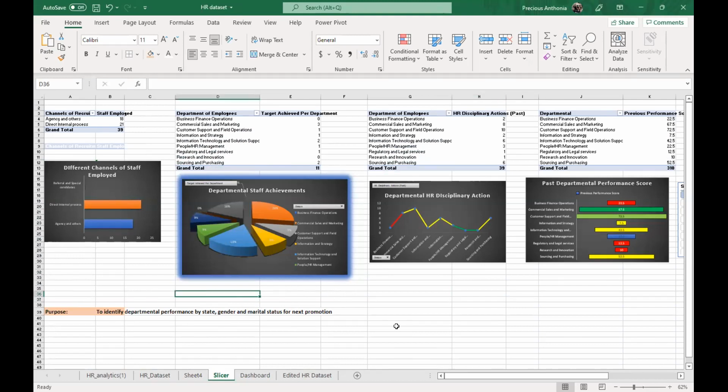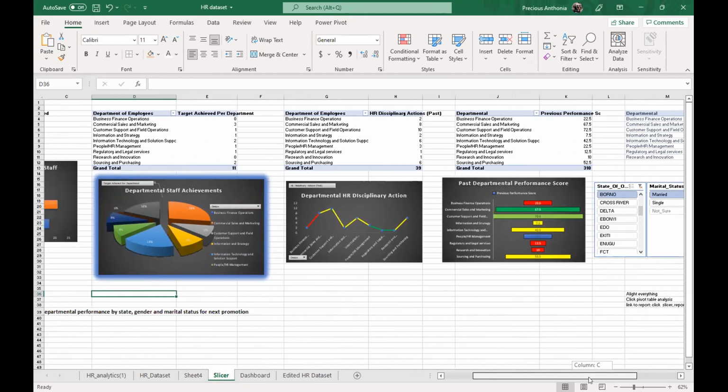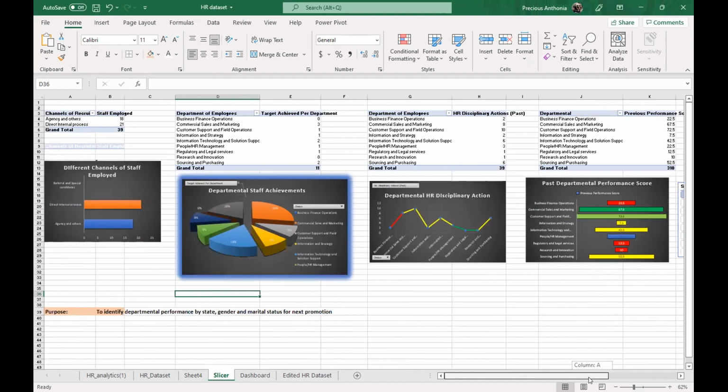But the mistake I made, which took my time, was that I wanted to do everything. My purpose was not defined, and it was really stressful because I wasn't getting results. So I had to go back and ask myself, from this data set, what do I want to achieve? What do I want to get?